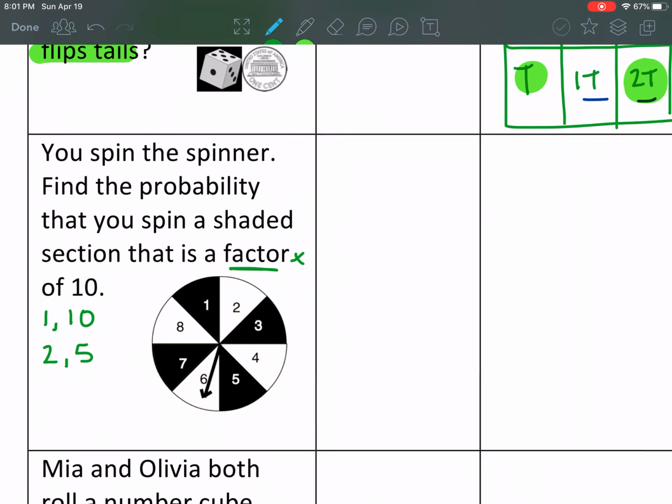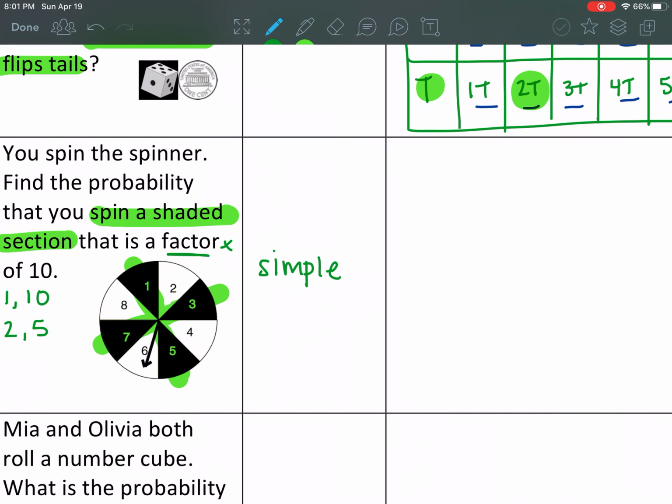So let's think about, is this simple or compound? Is there more than one thing happening? All we're doing is trying to find that we spin a shaded section. So we're looking at these shaded sections, and then which one is a factor of 10? Is there more than one thing happening here? We're only doing this once. So this is a simple probability example, okay? If we spin that spinner once, well, there's 8 total numbers on that spinner, so we have